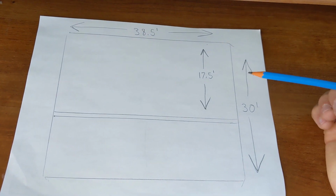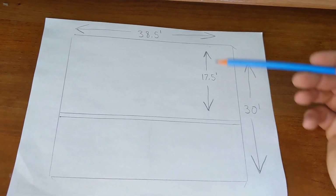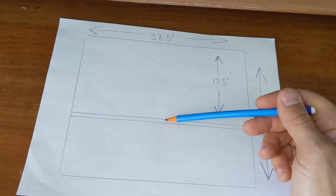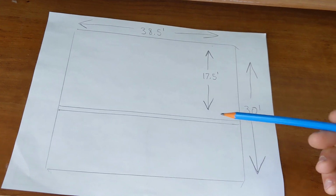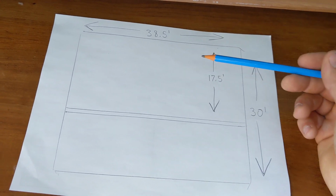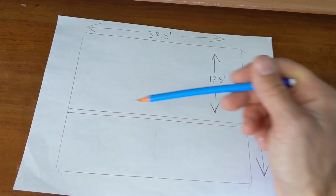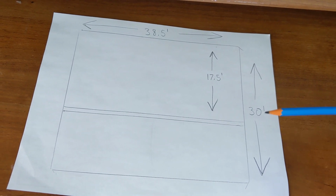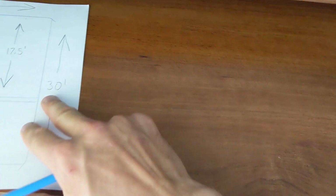Anyways, my original thought was, well, all I have to do is just put the joists running this way, and I'll just do it all the way across the room, and this will be my load-bearing support, and they'll be bearing at 17.5 feet and roughly 12 feet on this side. So that's great. And I won't have to buy any expensive beams, and I'll just be going simply off of this wall that I build. But then I realized that I couldn't do that, and that was because